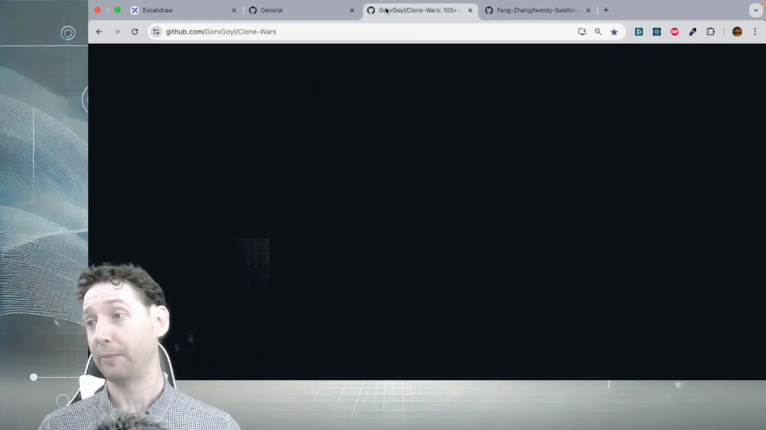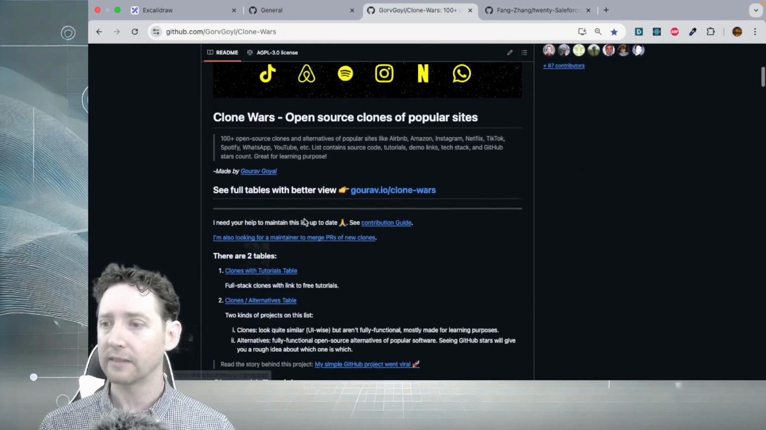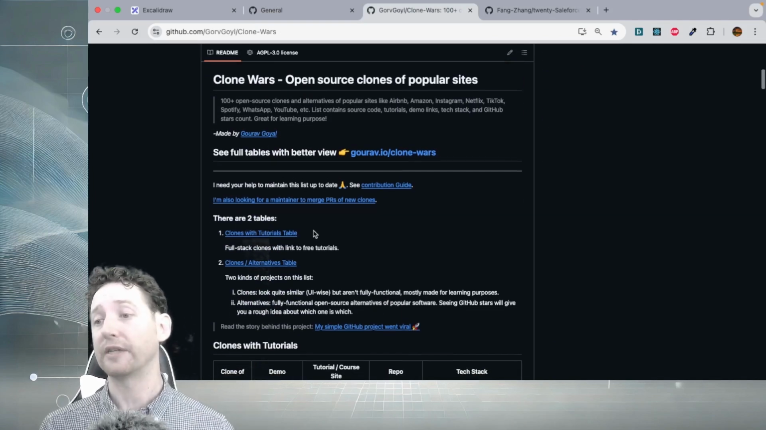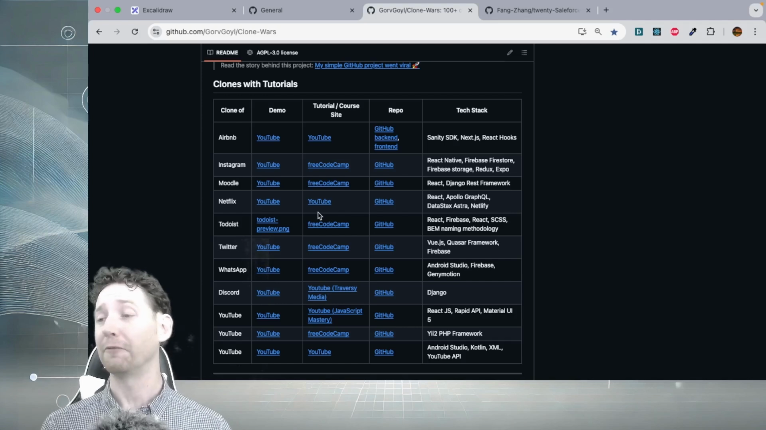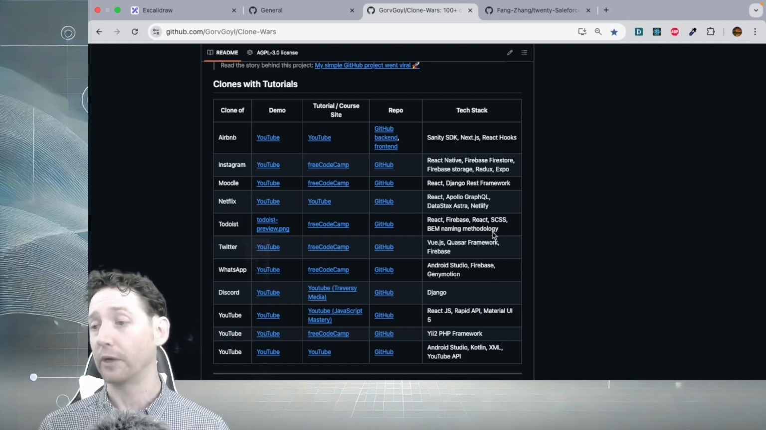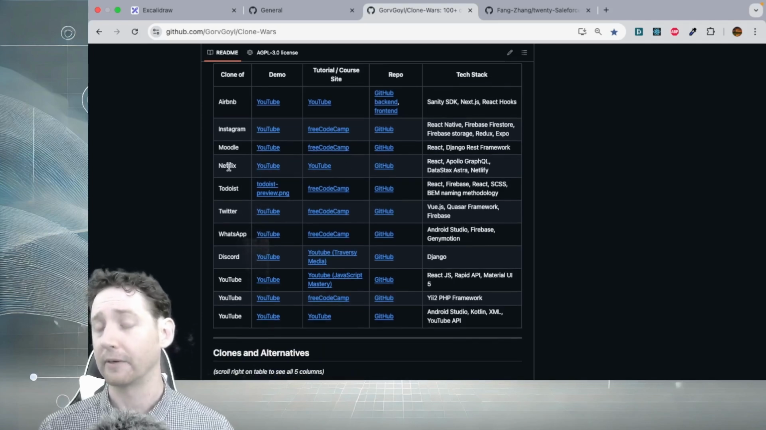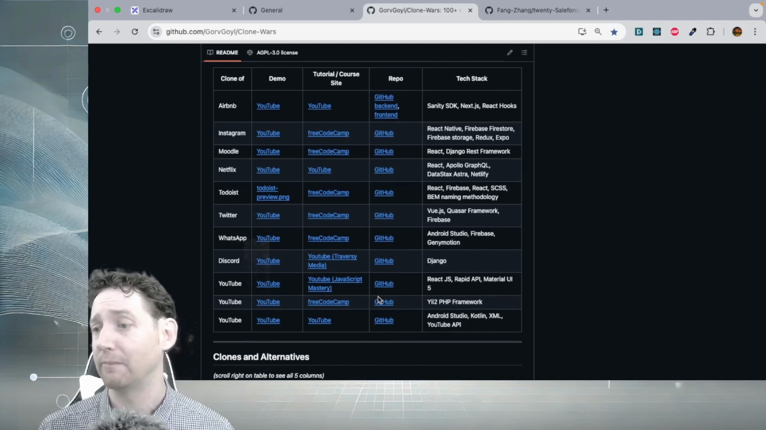For example, I have this website pulled up here called Clone Wars. There are many sites out there like this one, but this is just a collection of various applications that people on the internet have built out and cloned. And they're in different languages. It doesn't matter what you work in. There's going to be something for you on GitHub. So with this example, we have a Netflix clone, we have a Twitter clone, we have WhatsApp, Discord,